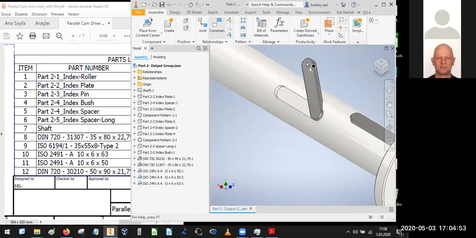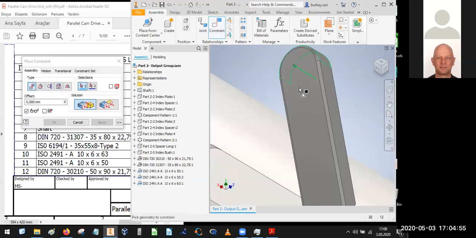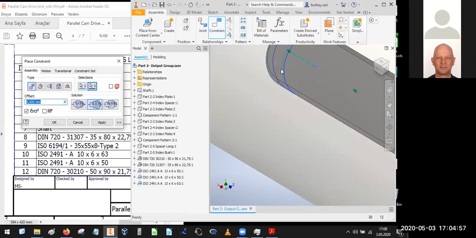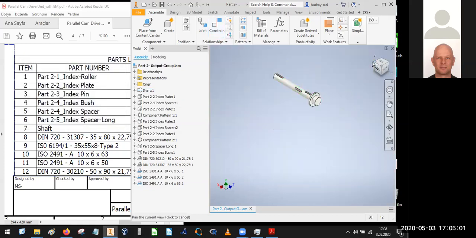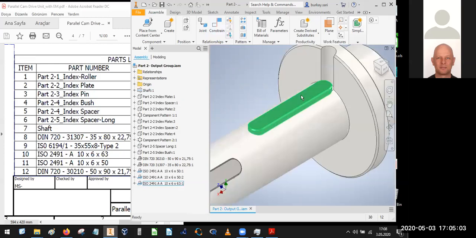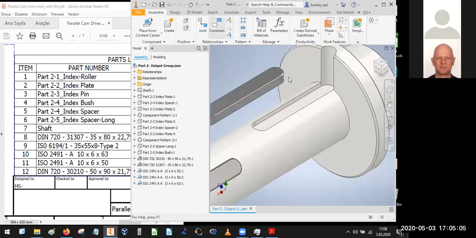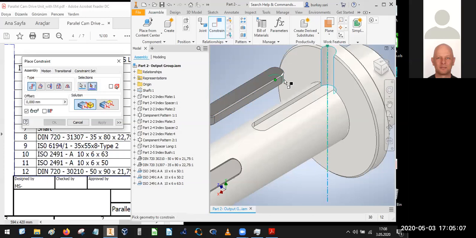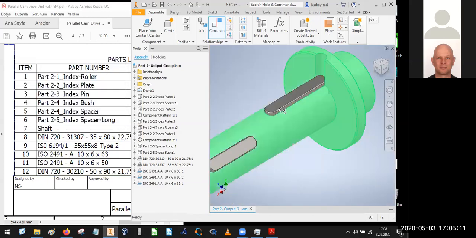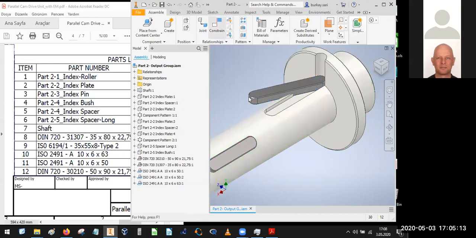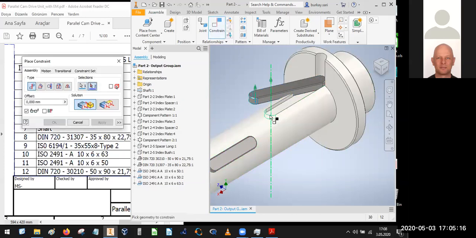I will constrain this one to this one. Do the same thing for the last keyway. I would like to have this axis, okay. The next one, constraint this one to this one,